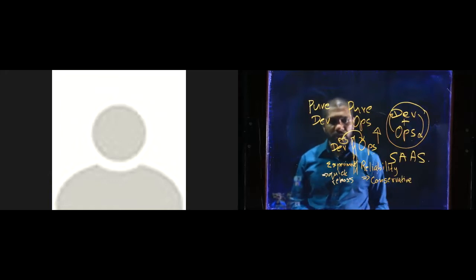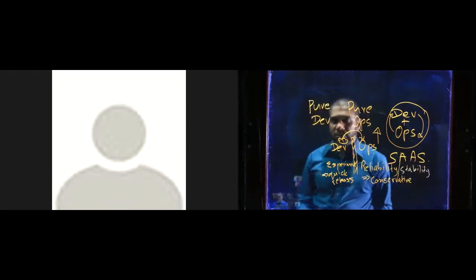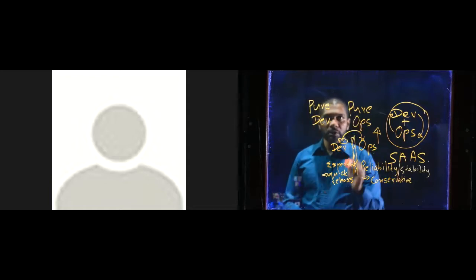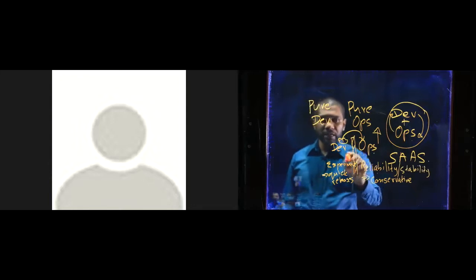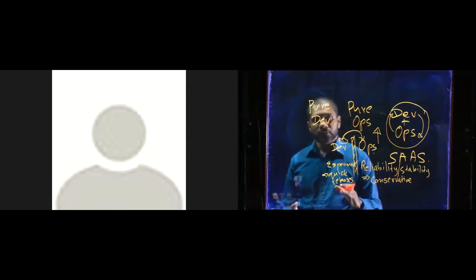And there has always been this tension. These guys want slow release cycles, slow, stable, reliable. And these guys want quick release cycles where they can try out new technology and push new features into production. So what happened is in the mid 2000s, there was this movement to say that, okay, this barrier between them is really harming organizations. It's not good for having a smooth IT process.